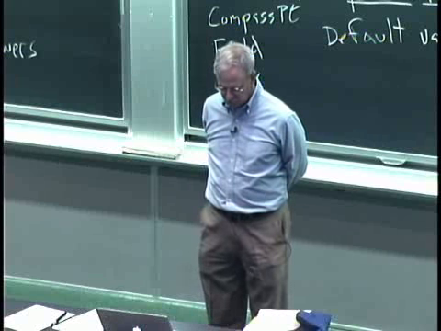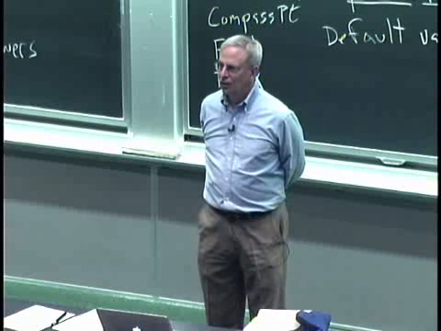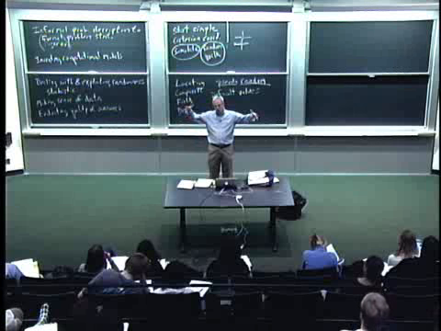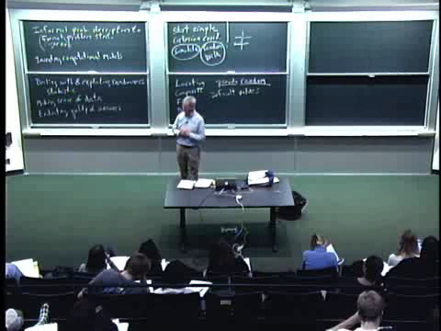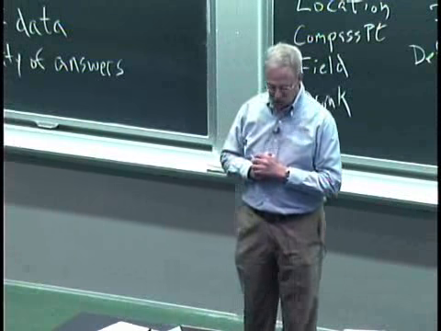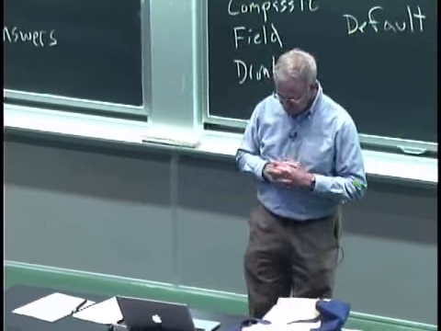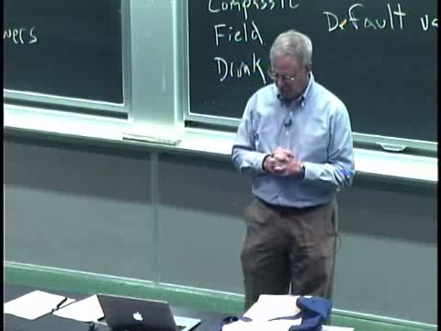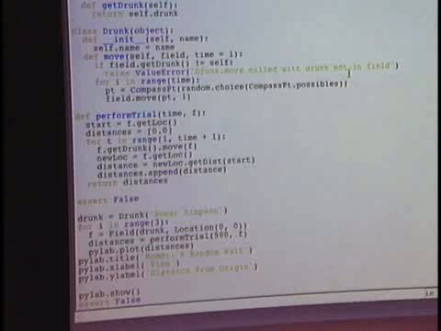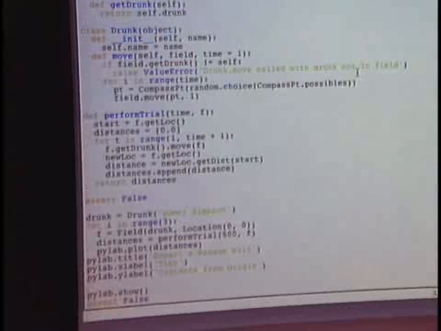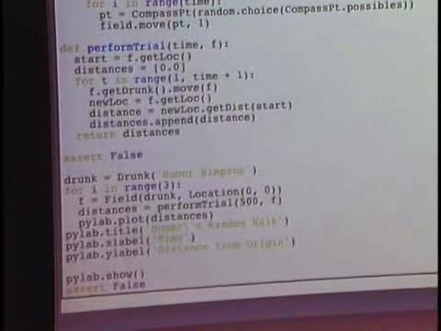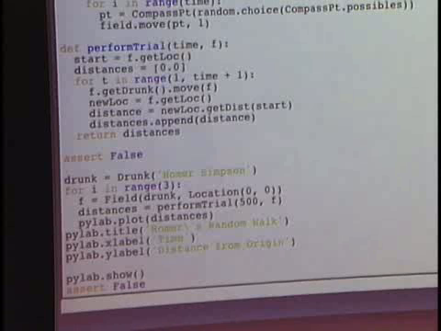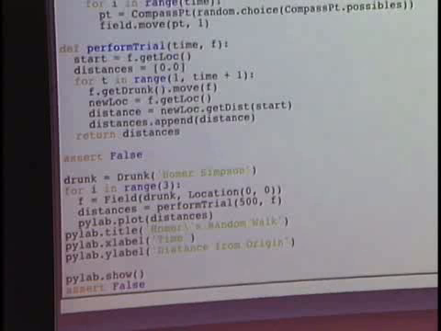All right? We've now finished all of the sort of groundwork that we need to go and actually build the simulation that will model our problem. So let's look at how we use all of this. I've now got a function perform trial, which will take a time and a field. So I'll get a starting point of f.getLoc, wherever the drunk happens to be at this point in time in the field. And then for t in range 1 to time plus 1,